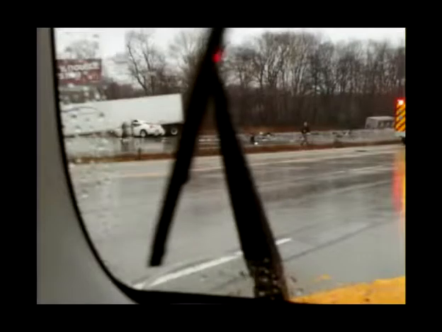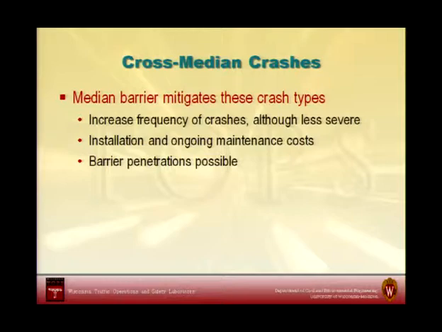Now that's not the best picture in the world. It's taken out of a window of a vehicle, but as you can see here, the impact of cross-median crashes is generally quite significant, right? So this was a fatal crash, and you see a lot of the debris. For obvious reasons, because of the speeds and sometimes very narrow medians, it becomes a very important safety topic we need to take a look at.